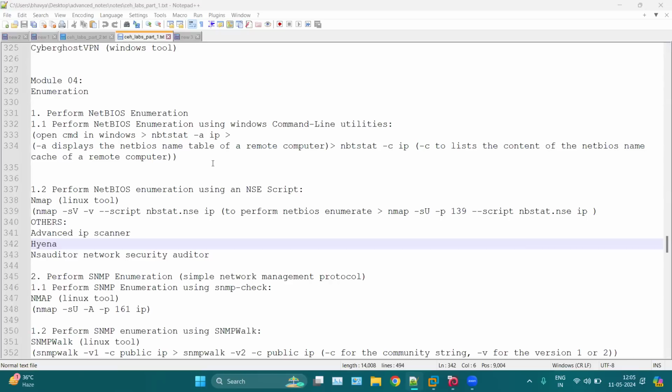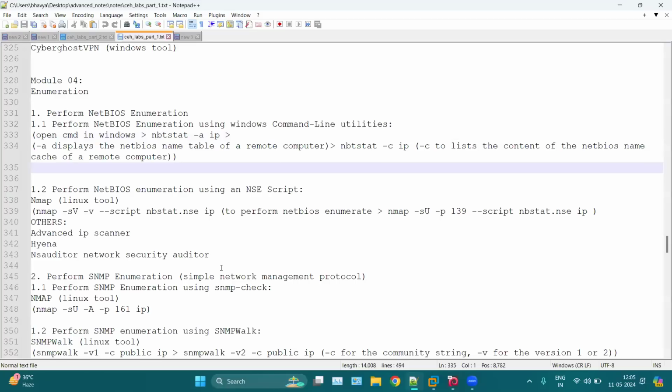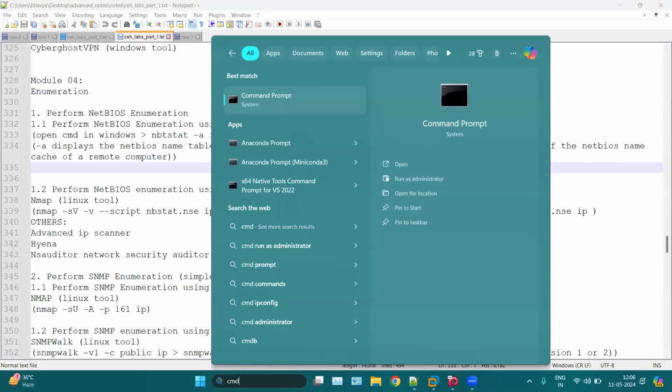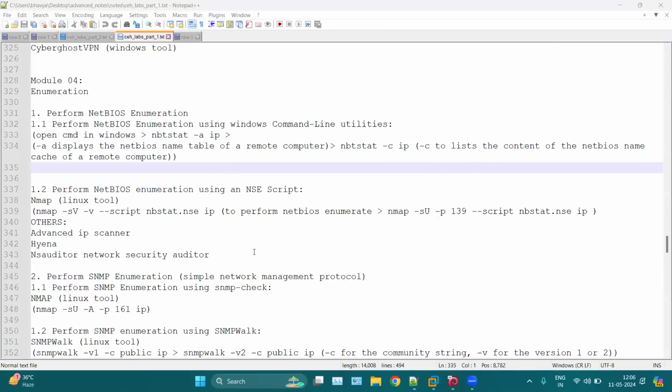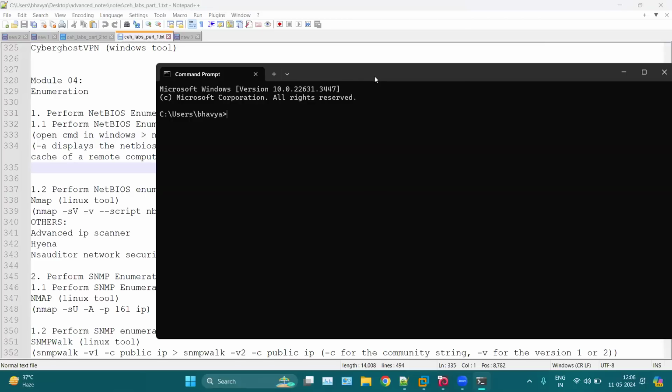So first we have performed the NetBIOS enumeration. Here we can perform NetBIOS enumeration with the help of nbtstat. NetBIOS contains the details of the machine as well as the machines connected to it in the network. This is a Windows utility, so we can open the CMD and here we can